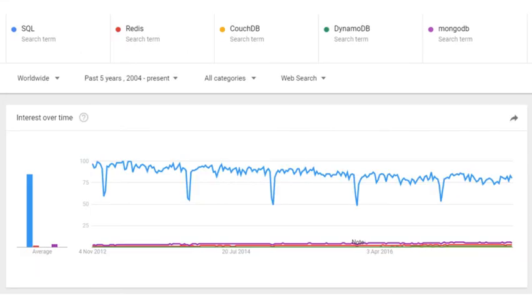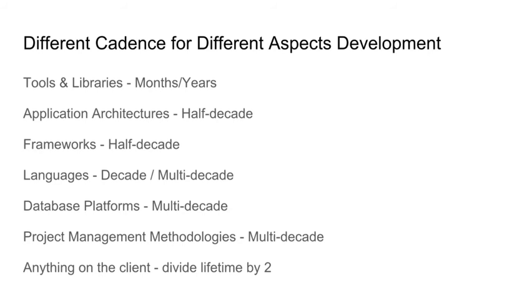We can also use quantitative measures to look at how popular various things are. On the previous slide, we mentioned database platforms being a multi-decade thing. And I guess the big change in that space that was talked about a lot was the NoSQL movement. But